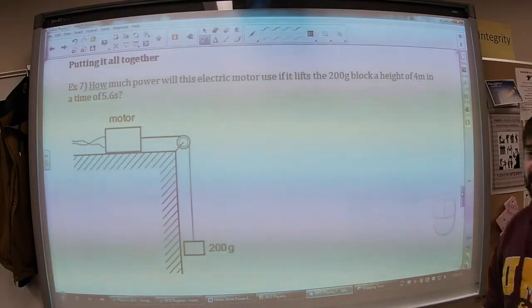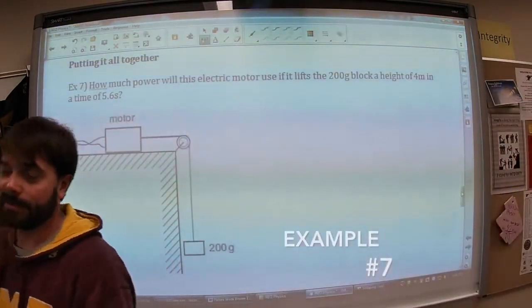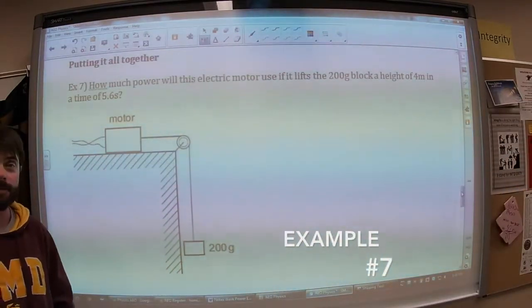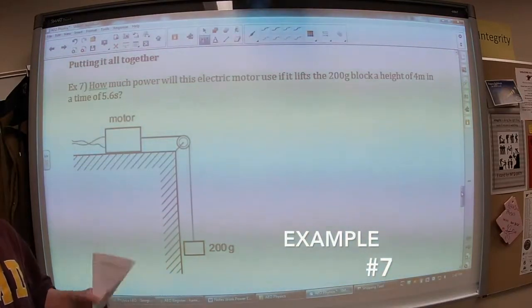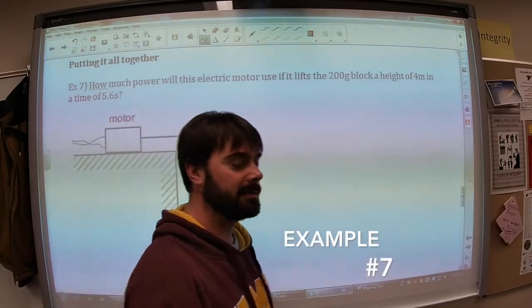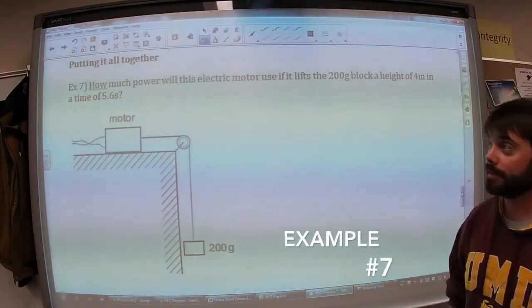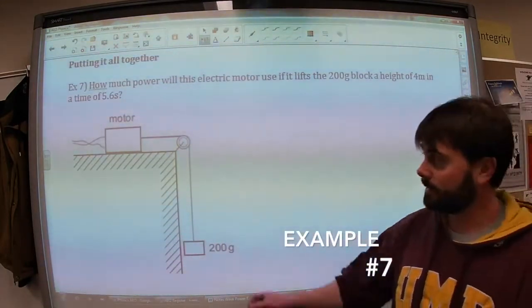So for the last part here, I've got a couple of examples of putting it all together. We're going to look at work, power, and force, and how to solve some basic, simple work, power, energy problems. What we've got in this first one here is an electric motor connected to a frictionless pulley,